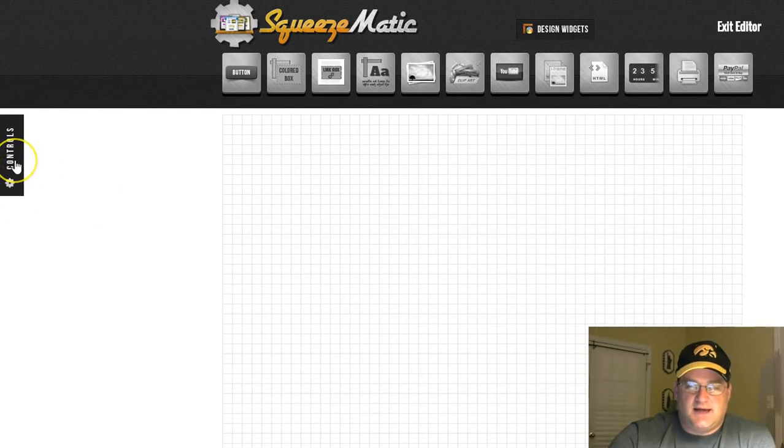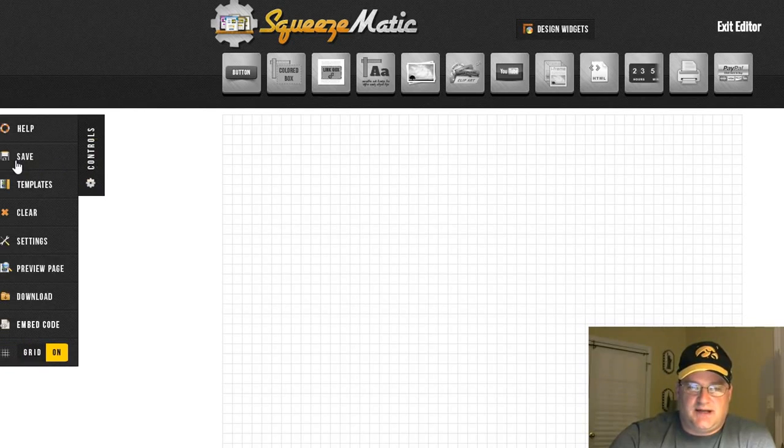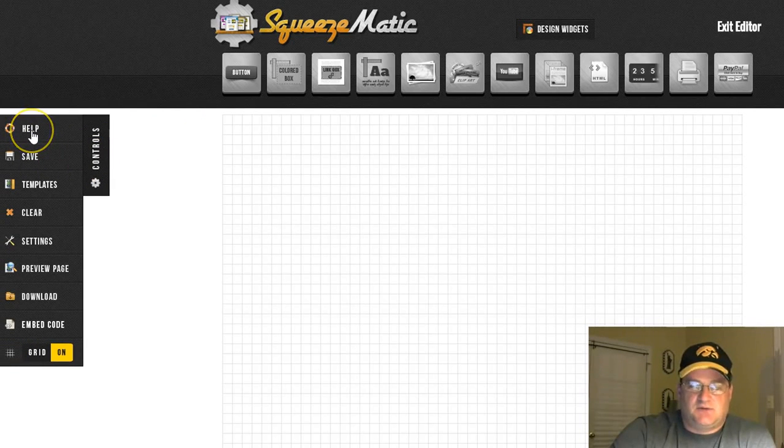And on this side of the screen, there'll be this controls tab that you can pull out. Again, this will take you to your help section. If you're not sure, it'll totally show you how to use this. So you can save your work. But here, if you click here,